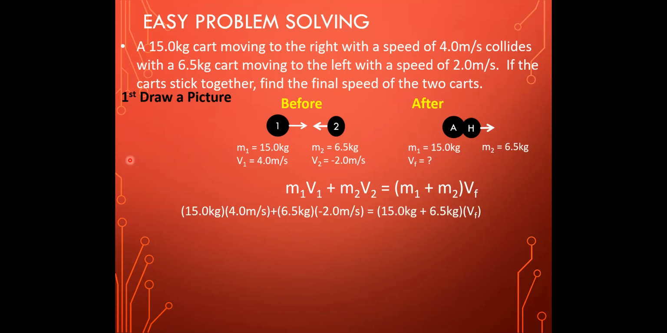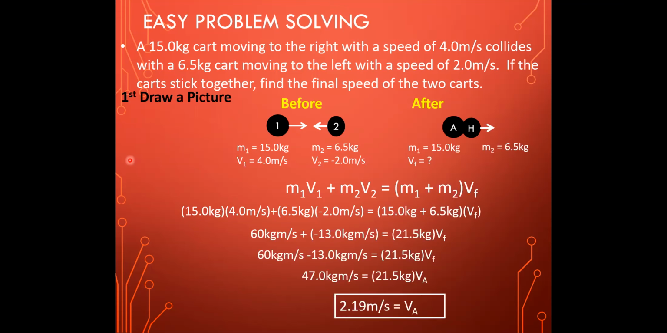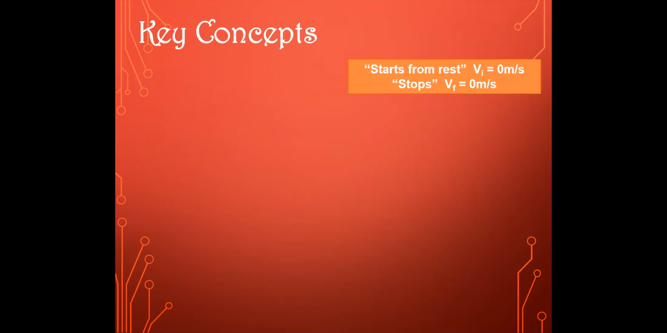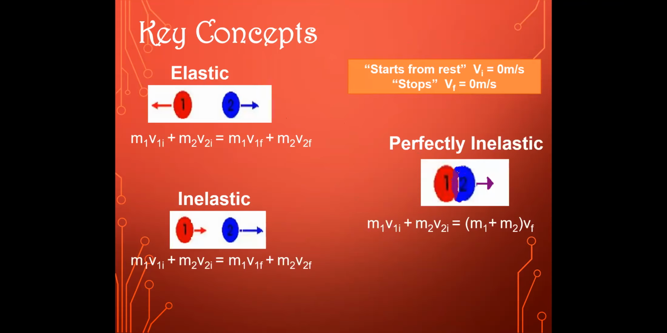Okay, so here, the mass 15 times 4. Here, since it's moving with opposite direction, you have to put a negative sign. Then after solving it, you will find that the new velocity, the final speed of the two cars after sticking, is 2.18. Is it clear? Yes, teacher, thank you so much. Yeah, this is the summarized